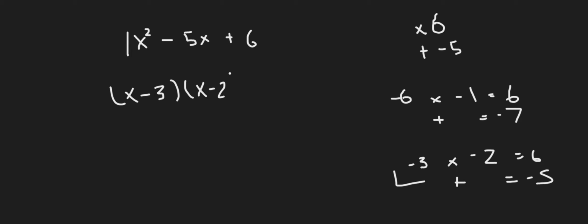Now we just gotta write it down. X minus 3 and x minus 2. And if you wish, you could use the FOIL method to see if our answer is right, but through our technique, we know it's correct. Moving on,